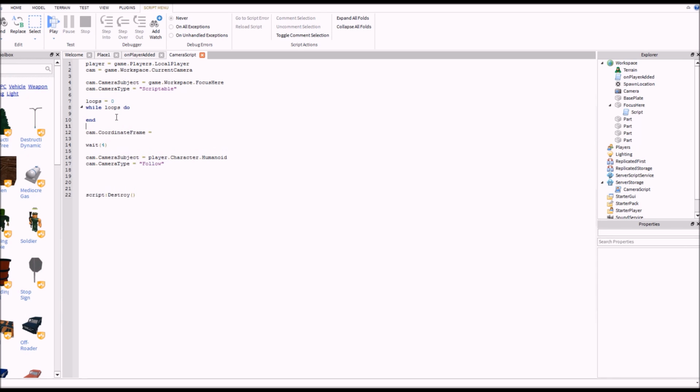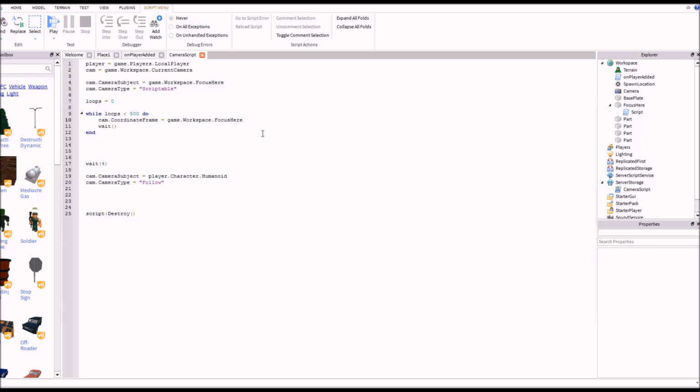I'll explain this afterwards, because we want to make the camera loop around the brick, so we just need to have a loop so that we can kind of loop around the brick. So while loops is less than 500, wait. Now we can set cam.CoordinateFrame equals the focus here brick.CFrame times